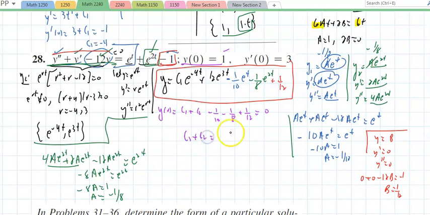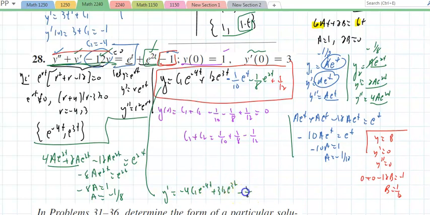c1 plus c2 equals, and let's see what those are. I'm looking at 1 over 10 plus 1 over 8 minus 1 over 12. I'll come to that in a minute. And if I take a derivative of this down here, y prime will be negative 4c1 e to the negative 4t plus 3c sub 2 e to the 3t minus 1/10 e to the t minus 1/4 e to the 2t. And if I throw a 0 in there,